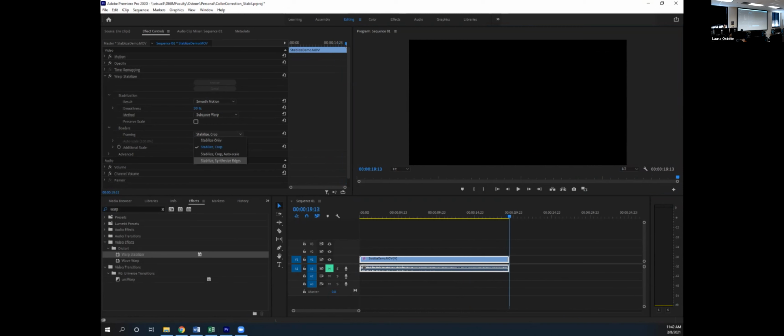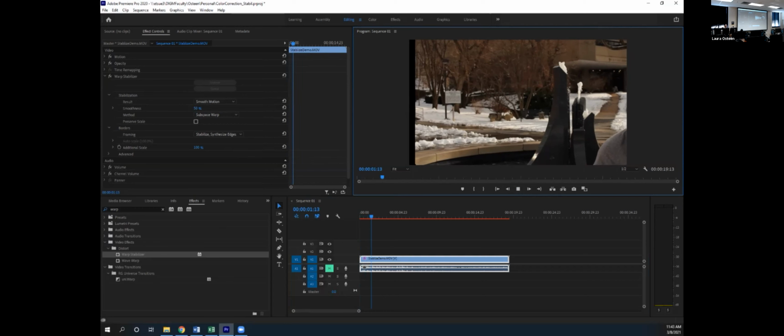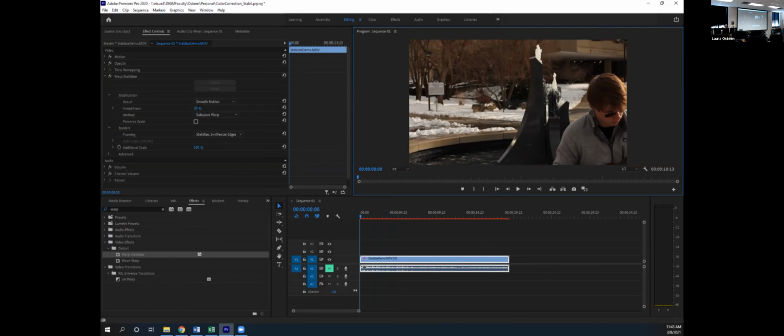I'm not going to click this because we have to pre-render it. So if I click this, go back to the beginning, it's thinking. Nothing's going to show up here. What synthesized edges does, it says, hey, this edge has this sort of pixel. Let's expand that a little bit and try to shift things a little bit to make it more realistic. If I hit play, you can see it starts to do it and then it really slows down in chunks. So if you watch right here on the edge,